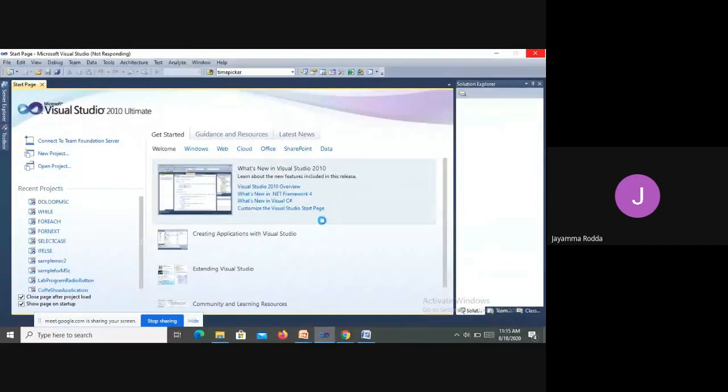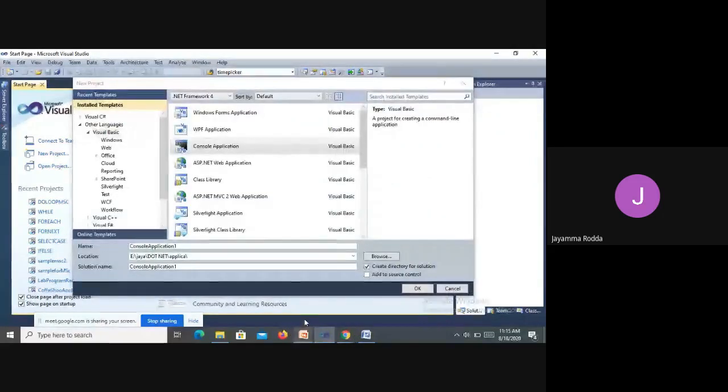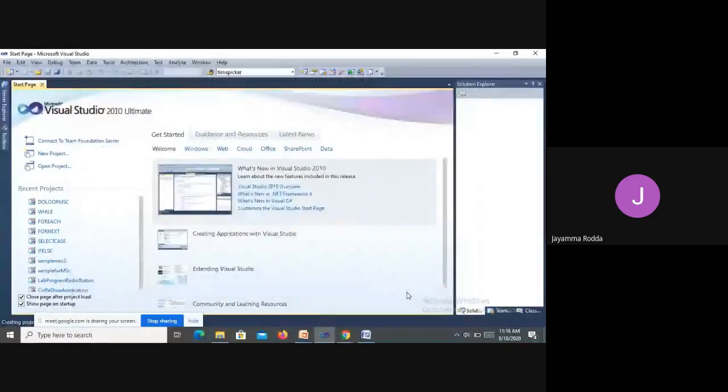Before it is loaded, let us finish another concept. Okay, it is loaded already. Visual Basic Console Application is already selected, and now I'm going to name my application. The name I'm going to give is array. I click on OK.